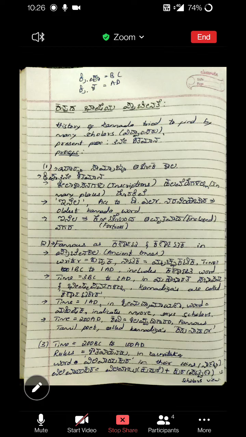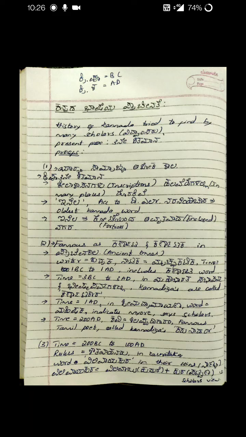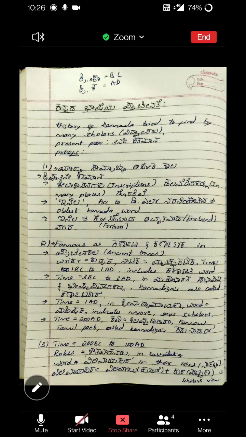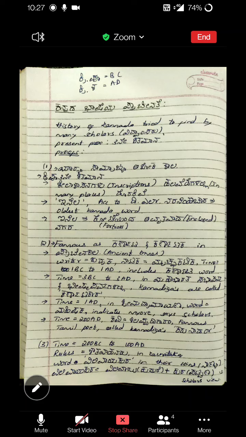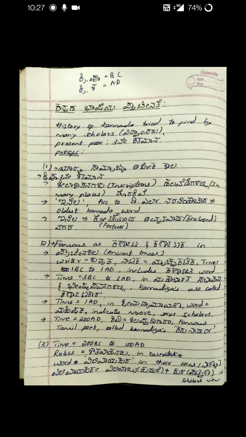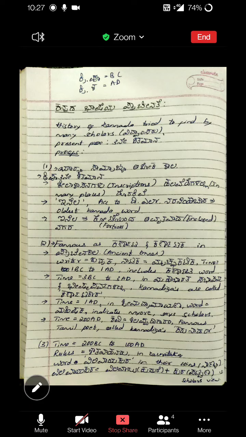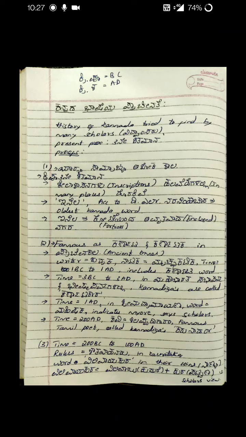The next is during 200 BC to 100 AD, the rulers Shatavahanaru in Karnataka. These were the first Karnataka rulers that we have as of now in history. Shatavahanaru recorded the word Vilivayakura in their coins. So these people, the Shatavahanaru dynasty, had coins. Coins are called Nana in Karnataka. So they printed certain words called Vilya Vayakura on them. Vilivayakura means Vili via Kudure plus Kura, Pattana. So according to scholars, this is a Kannada word.